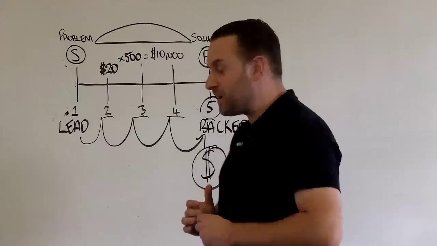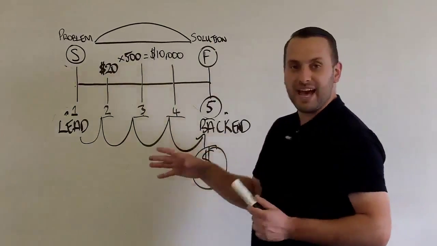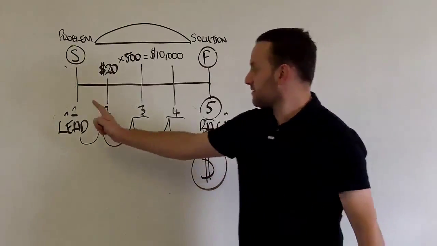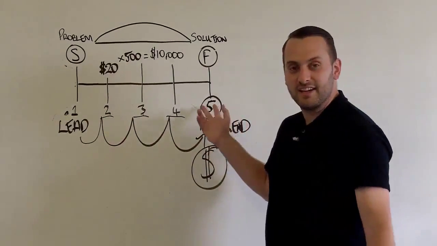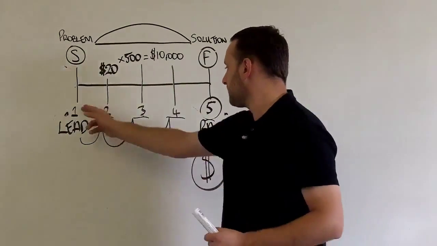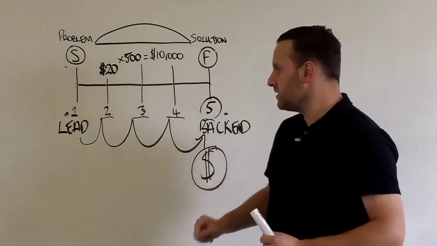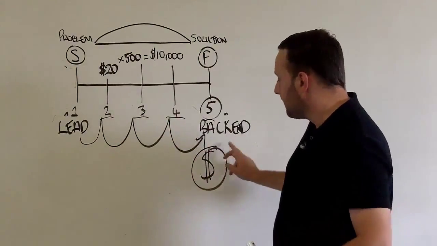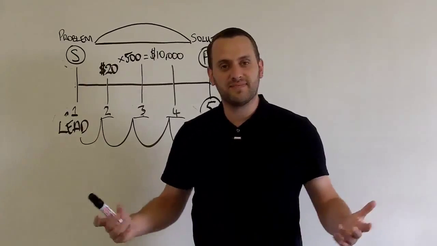And like I've just said to you a moment ago, think about this. If you can just get per month 5 people from there to there, you're making over $10,000 a month. Just 5 people through them steps. From being a lead to a customer, repeat customer, member, client in the back end of your business.